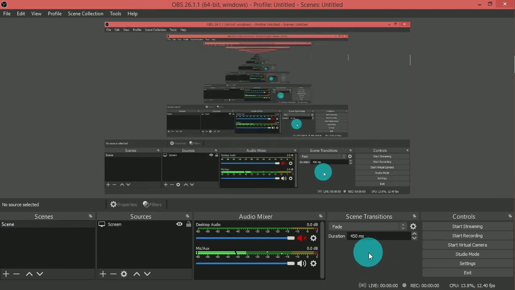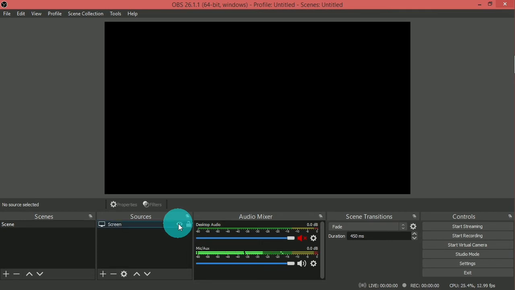So this is the basics of OBS, and there is a lot of advancement in OBS. We cannot cover everything in OBS in just one video. So let's discuss a few more options. You can see the eye symbol here. So if I click on this eye symbol, preview will be turned off. Now we can see that the screen has disappeared. So if we want one source to be present but not to be visible, we can use this. We can turn off the preview.